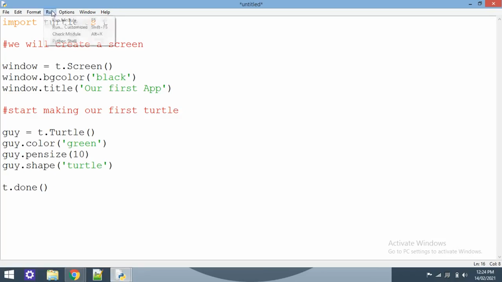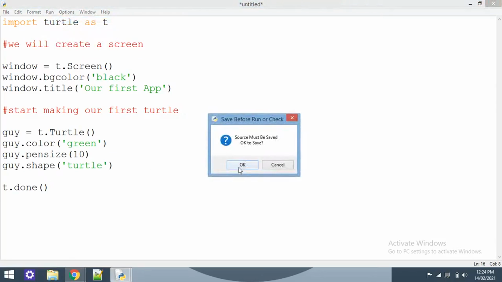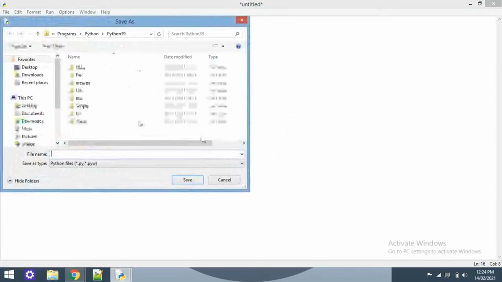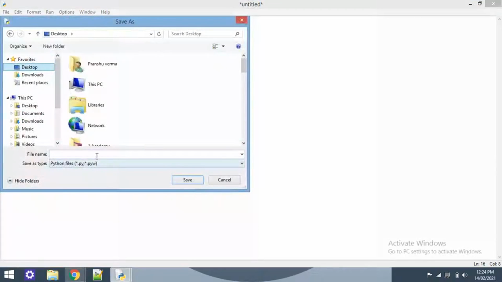Now let's run it. For running it, you need to save it first. Let's save it on the desktop. Let's name it turtle game. Ideally we need not write .py, because the save-as type is already a Python file.